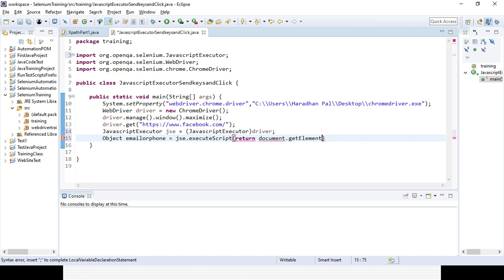Object reference, then executeScript, and as it has a return type, we give document dot getElementById, where you need to provide the id reference.